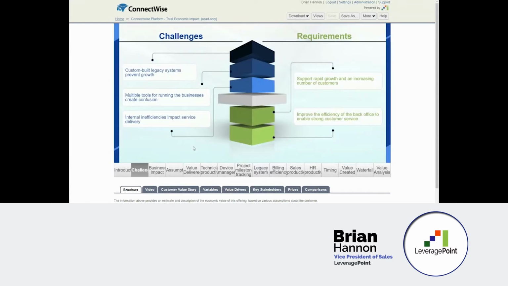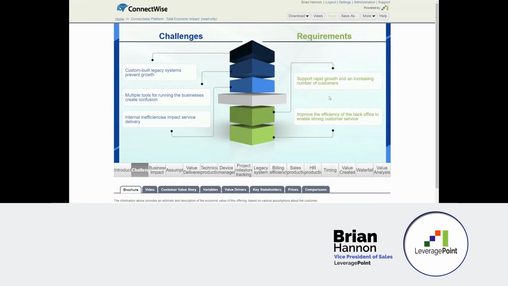So essentially what we've done is taken this from the Forrester report and split it into a series of tabs. You can think of these tabs as a PowerPoint slide, but the difference is twofold. One is that this is not a product presentation. This is a value story. And there is a value model that is driving the calculations in this, which we'll see the impact of in a moment. So similar to the Forrester report, we start with identifying some of the key challenges and some